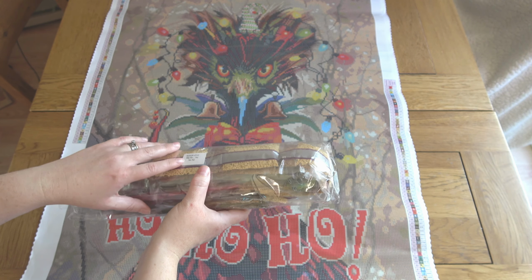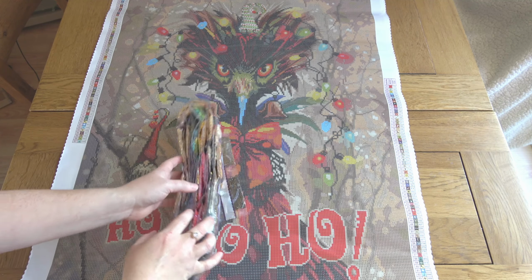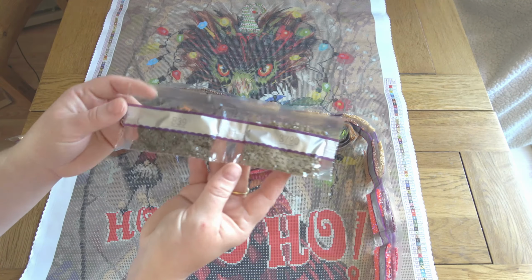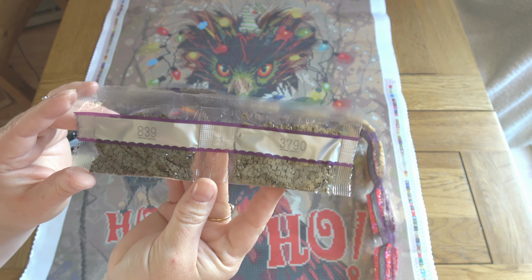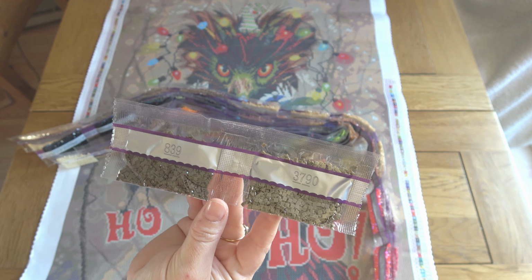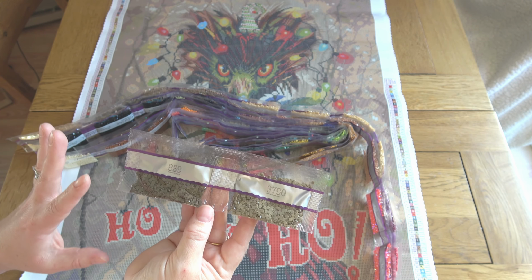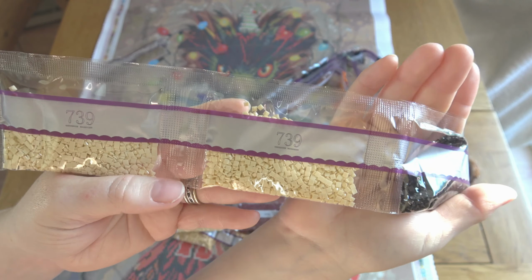Okay, I'm going to open the bag. And let's take a look at all these 67 colours. Okay, so first of all, I have got 2 shades of brown that were loose by themselves. I suspect there are going to be a lot of shades of brown, but that's what gives us the depth and just the amazing rendering effect of a Diamond Art Club painting, is having lots and lots of similar shades in. Right, I have got 2 bags of this cream colour,